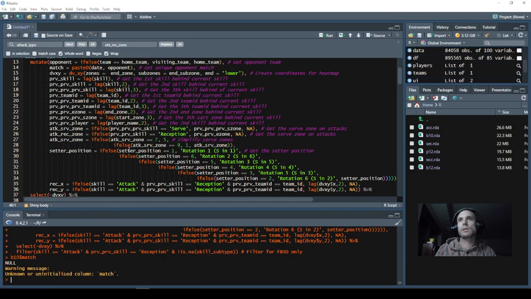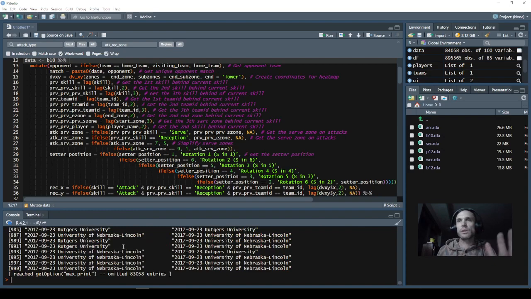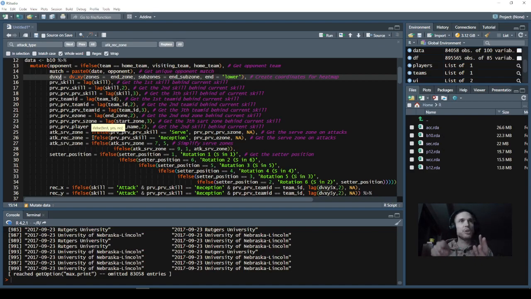That is interesting. That didn't work. I don't know why. Oh, it's because it's named data. All right, so now you can see that's what the match looks like. DVXY, so to create that reception heat map, you need the